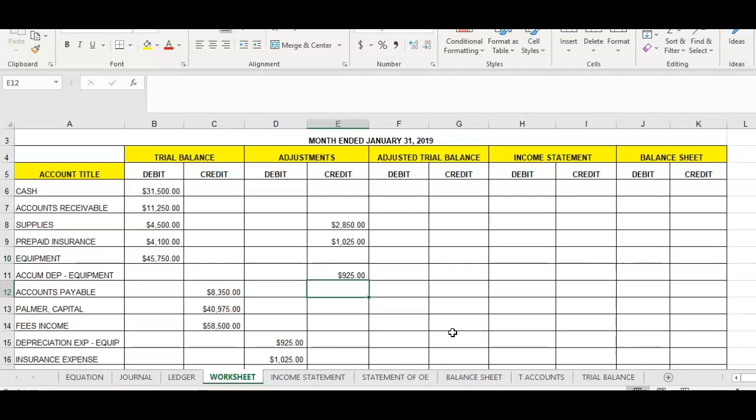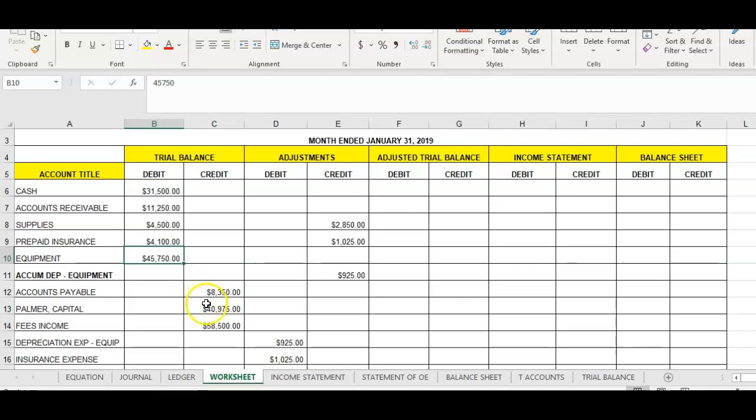The word contra means opposite or against. Normally, your asset accounts increase on the debit side, but this is a contra asset account. It is going to increase on the credit side. So this account I'm going to highlight, accumulated depreciation. Its purpose is to show how much of the equipment cost we have depreciated so far,